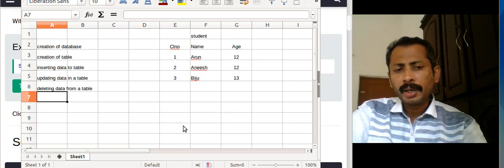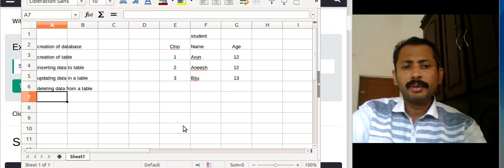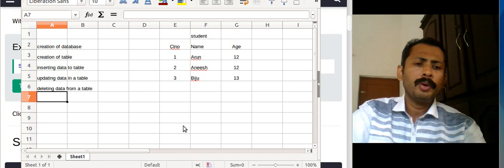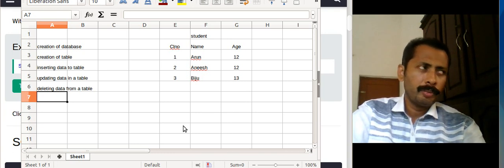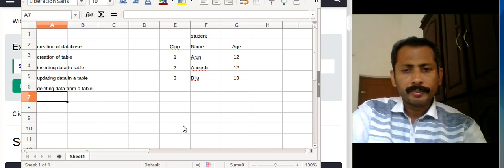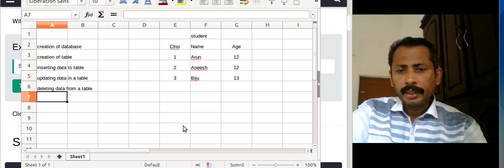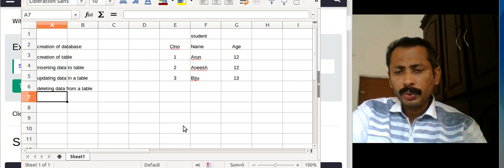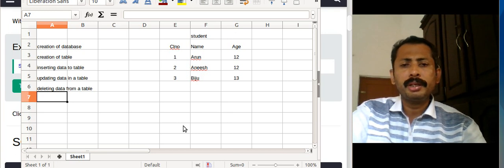So we will start with the basic database creation, and we will move forward with the simple examples. Okay, I think that we can use this example, that is student table, class number, name and age.